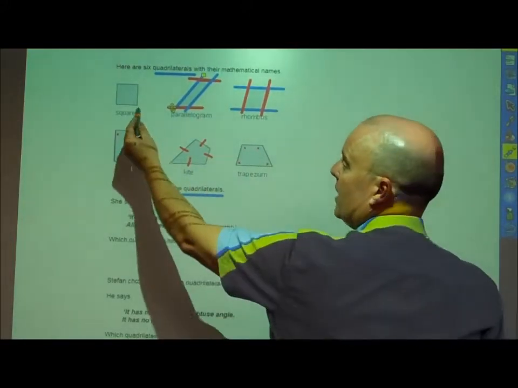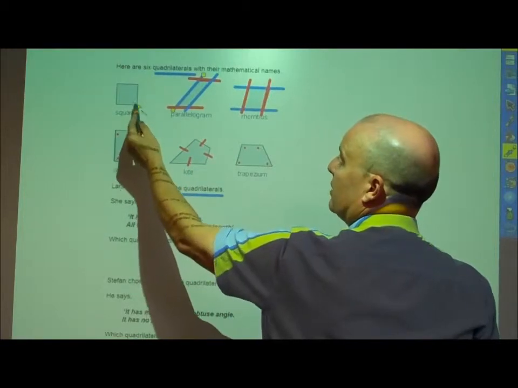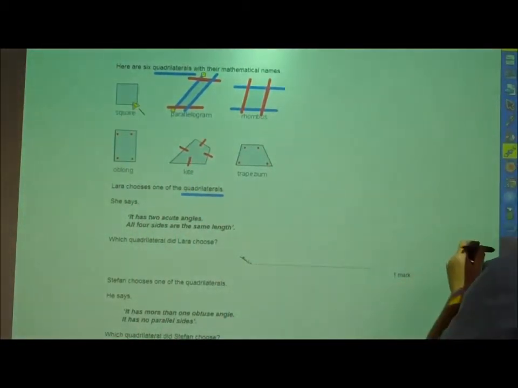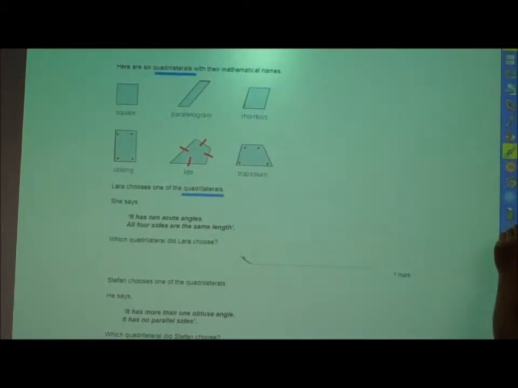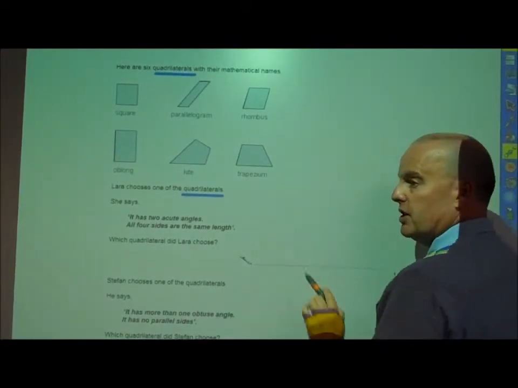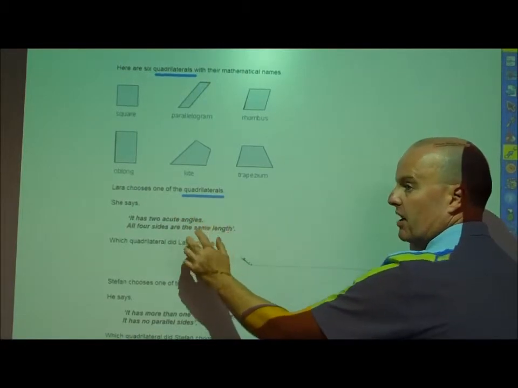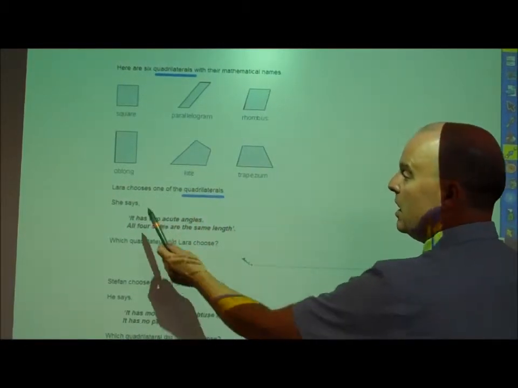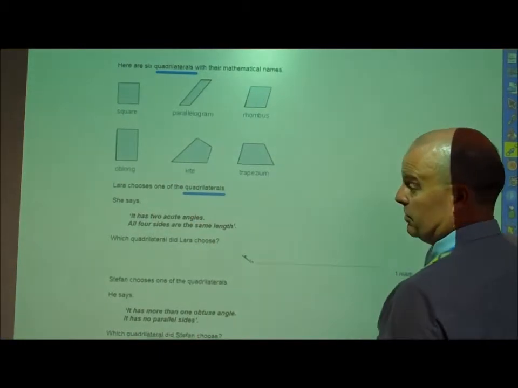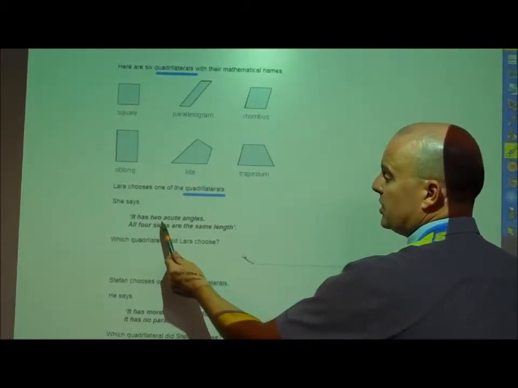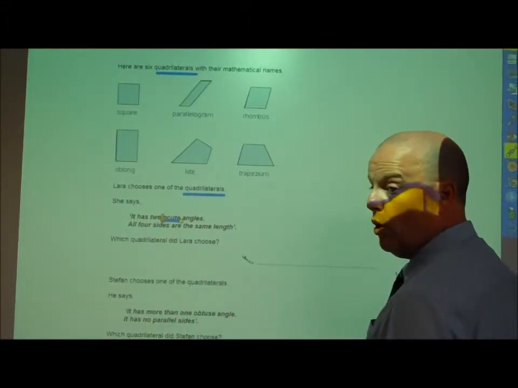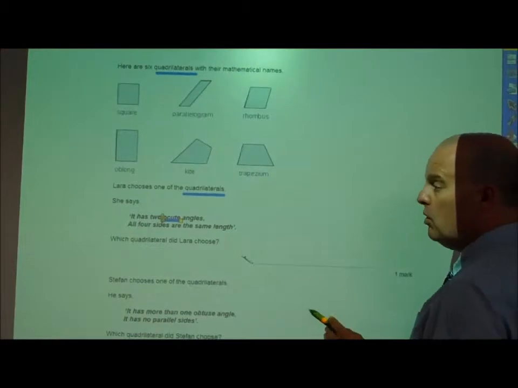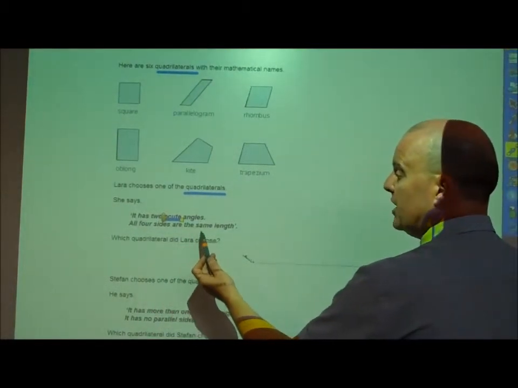And obviously with a square all sides are the same length and all angles are of an equal size, which are right angles. So I'm going to make this a little bit more simple with all my annotations, and let's read the question so that the answer we get satisfies all the criteria of the question. Lara chooses one of these quadrilaterals. She says it has 2 acute angles, 2 angles smaller than 90, and all 4 sides are the